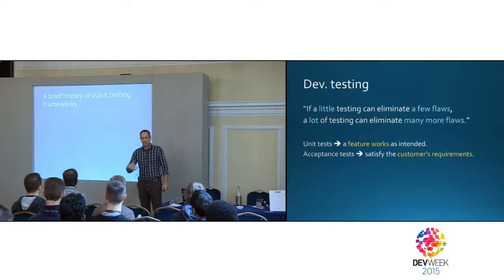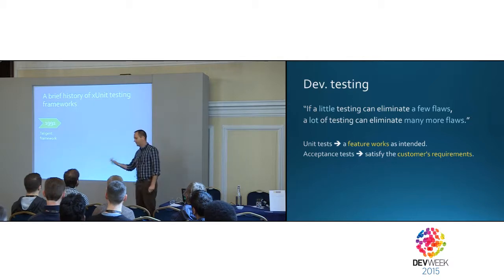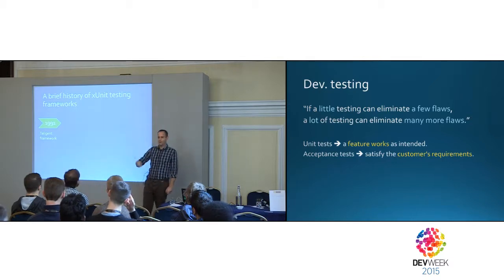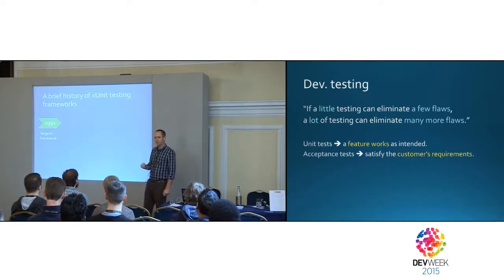Now, unit testing, a brief history as I found it on the internet, started back with Intelligent Framework. I found an article about why they did Intelligent. I hope I'm saying the company's name right. They explained that developers need to write the code and test the code they're writing, not just throw it over. And they're talking about the way to do it. Couldn't find an actual unit testing framework for that. The first unit testing that is talked about is xUnit.